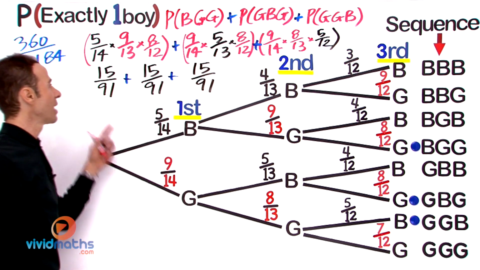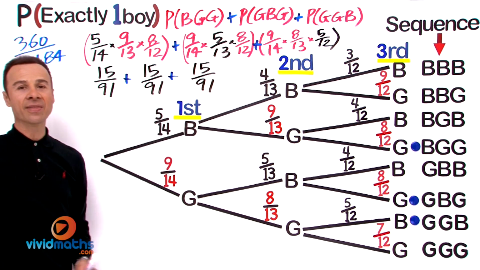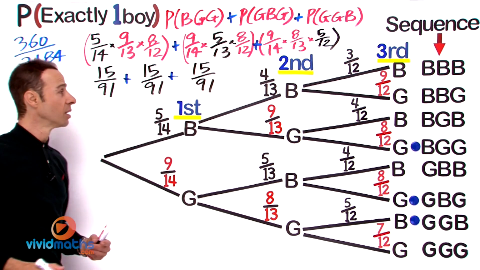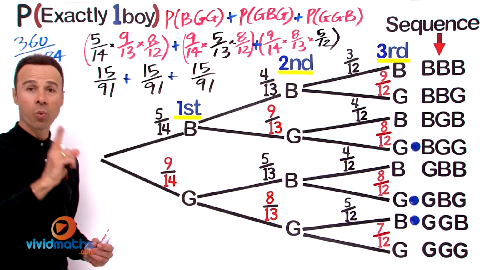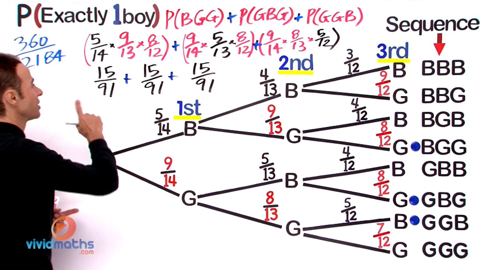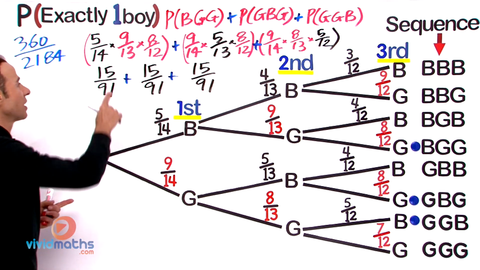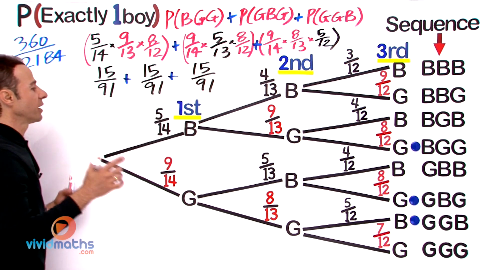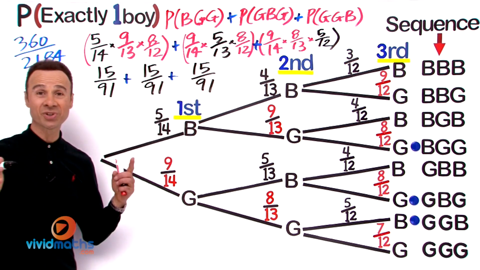So all we have to do now is add all them together, and that will give us the final probability for exactly one boy in a 3-member debating team. So let's add them all together. That's going to give us 15 plus 15 plus 15. All together, grand total, the result is